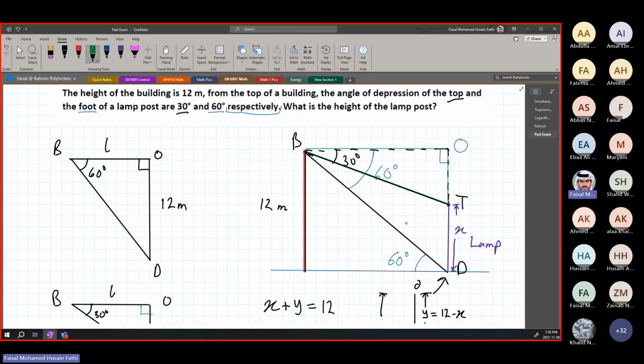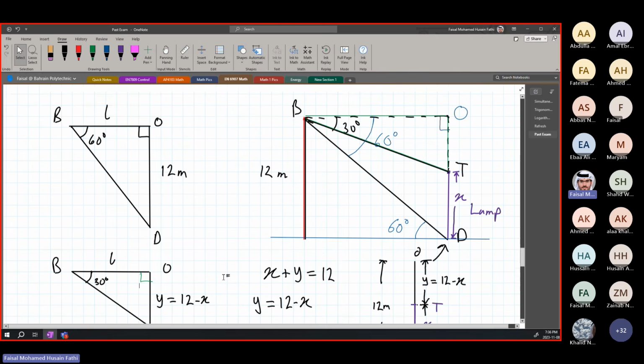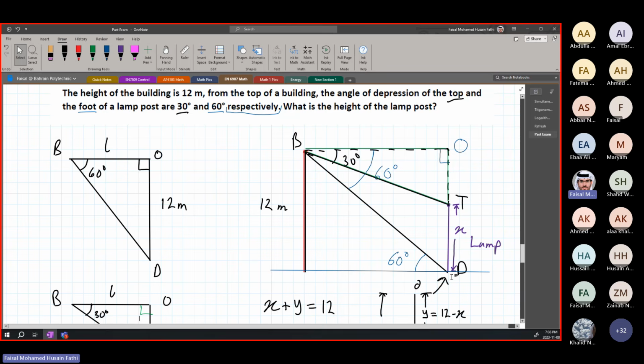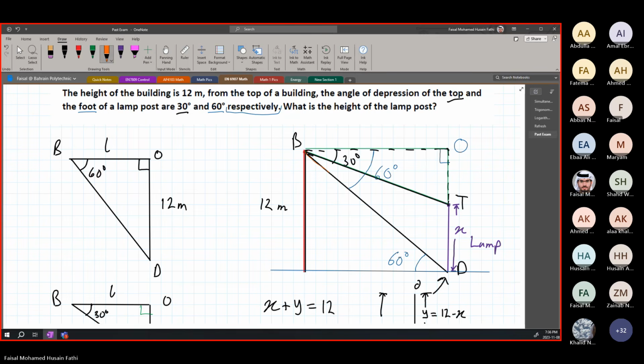And my second triangle, why did I choose it? Here we know that y is equal to 12 minus x, so the variable that we need to find is the x variable. The other triangle I chose the bigger one. Why? Because I know this full size is equal to 12. So for the second triangle, let's get another nice color, just change a bit. I took orange. The other triangle I chose was this one.